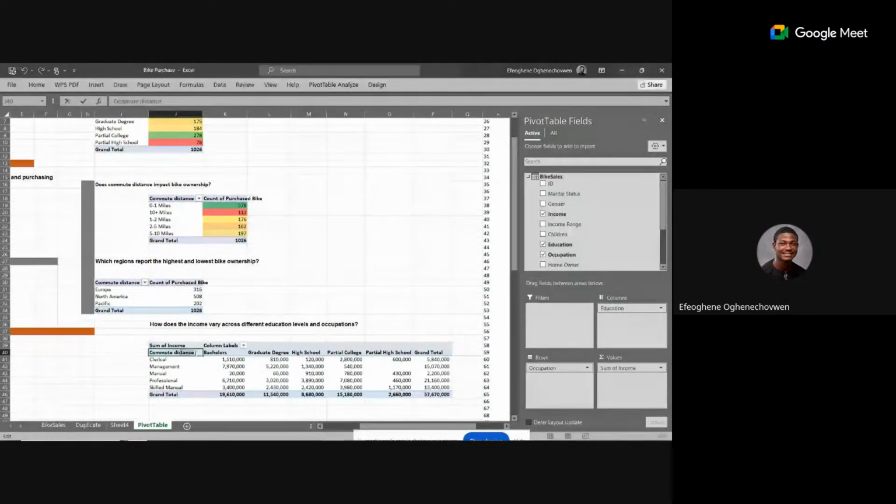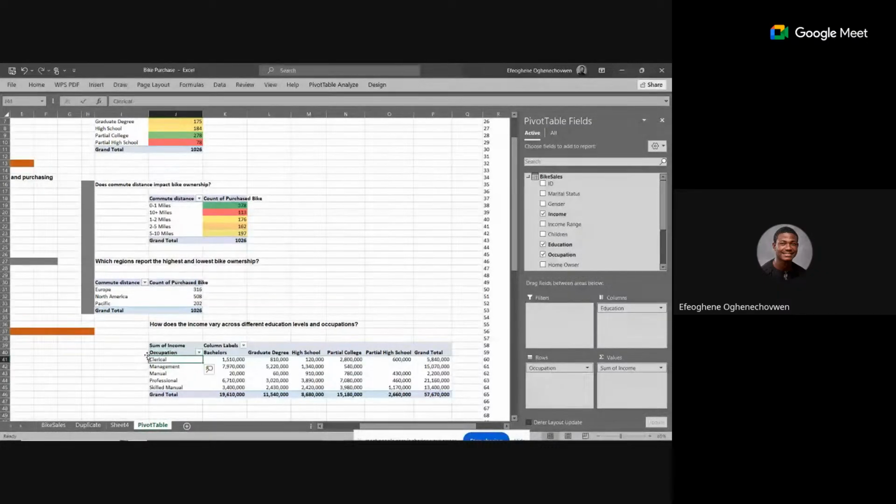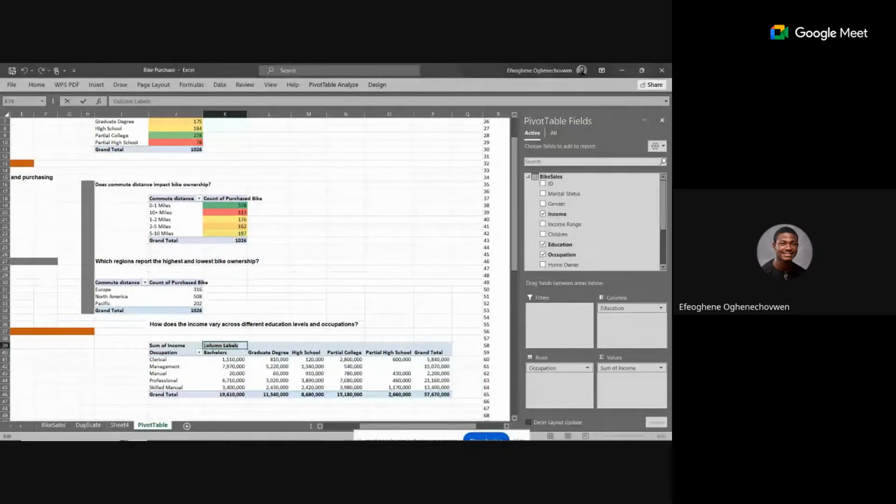Let's change this to occupation. Let's change this to education. All right. Change this to income level. All right. So you can see now that bachelors,